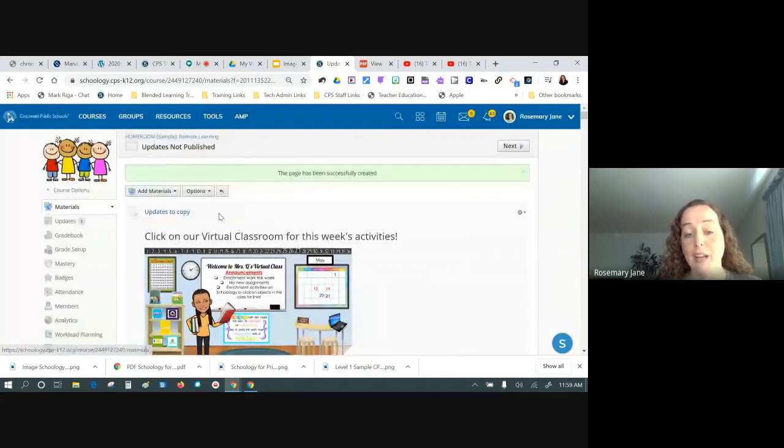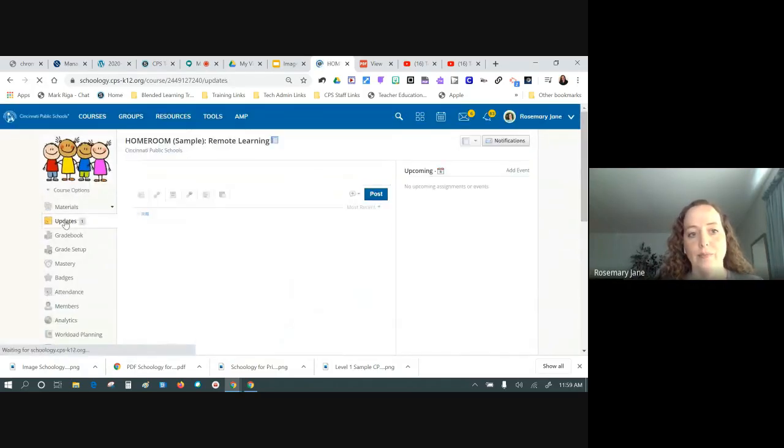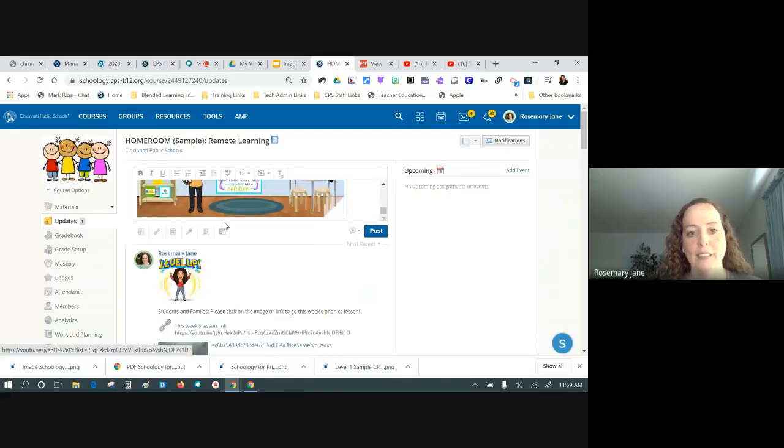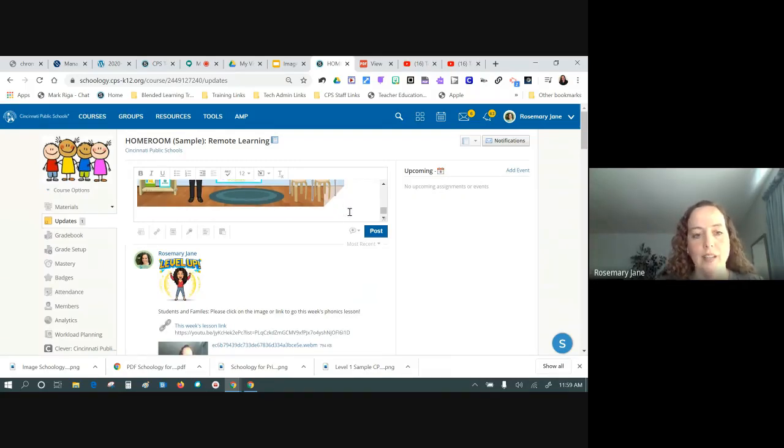Okay, now that's living in my unpublished folder. I can just go to updates. Remember, I already copied it, so now I'm just going to paste it. Now, what do I want to add here, though? Remember, I said we need to add images. We need to add descriptors. So, can't view the image? Click on the link below. I'm telling them that, hey, there's supposed to be an image here, but if you can't see it, then